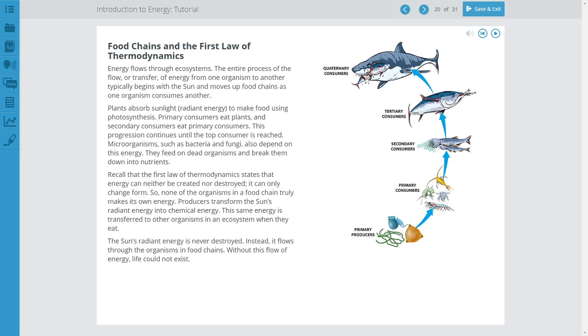If these were humans, primary consumers would be your vegetarians, okay? But if you think about it, most of us exist either at the secondary or the primary level. We're eating vegetables or we're eating things that ate vegetables. We are either primary or secondary consumers. Only rarely do we go up to the tertiary or the quaternary level. Because we're omnivores, we can exist at any level past primary producers, but most of the time we spend here